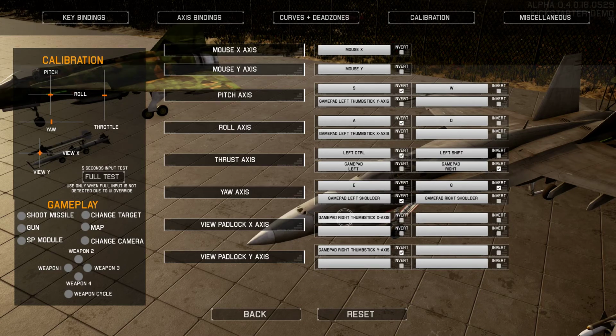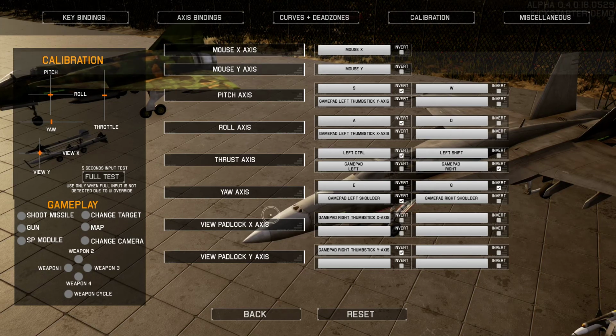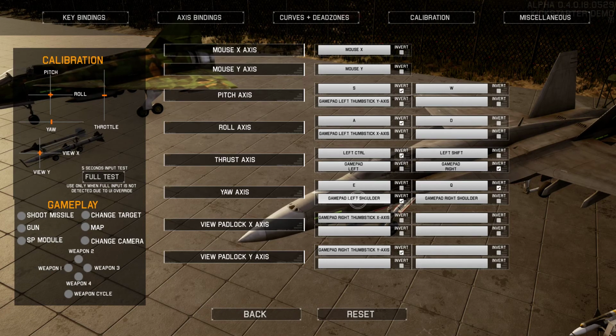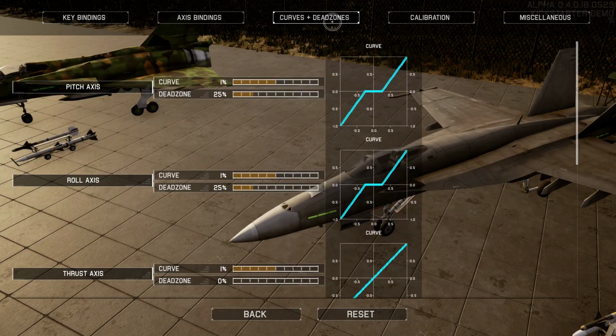So we can see there's some little details here and there that need to be worked out. It's not a big deal, but hopefully this works correctly. And I think the yaw is set to the shoulder buttons, which is what I prefer. And aside from that, I'm hoping everything else is probably...